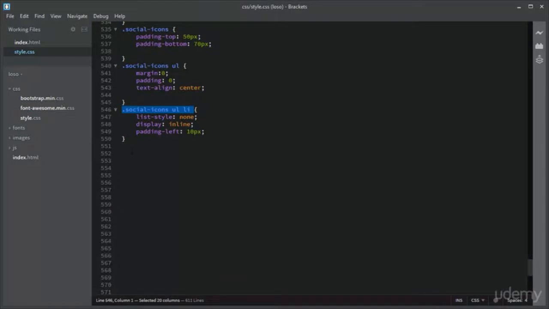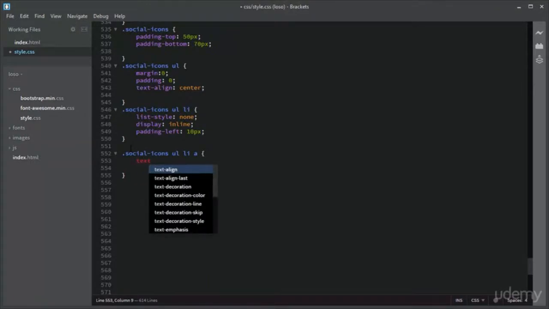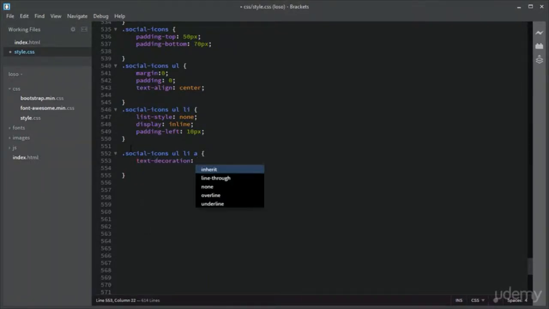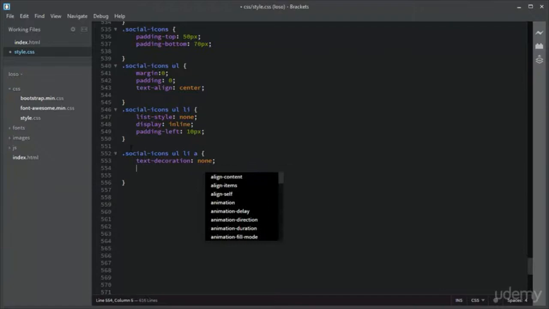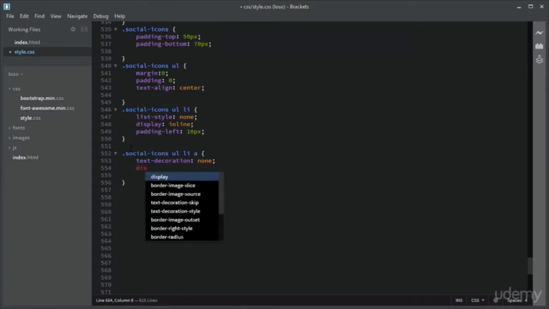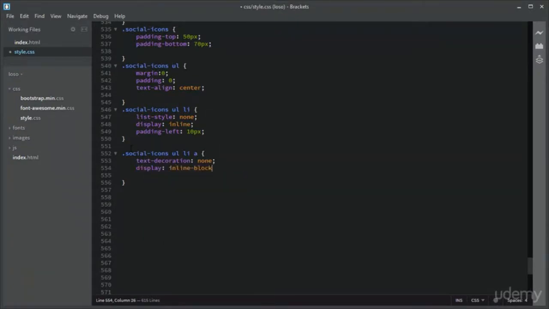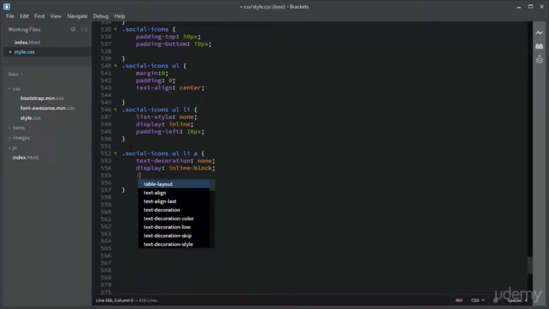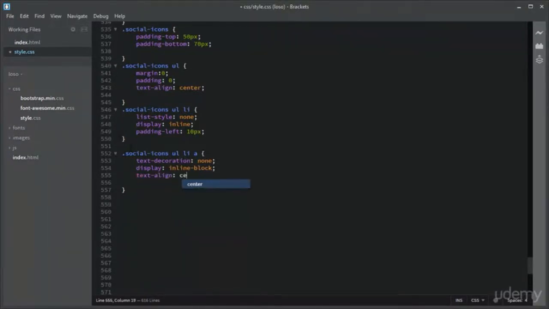Inside the list item we have anchor tag. Text decoration for that should be none, and let us also display it inline block and with text align of center,